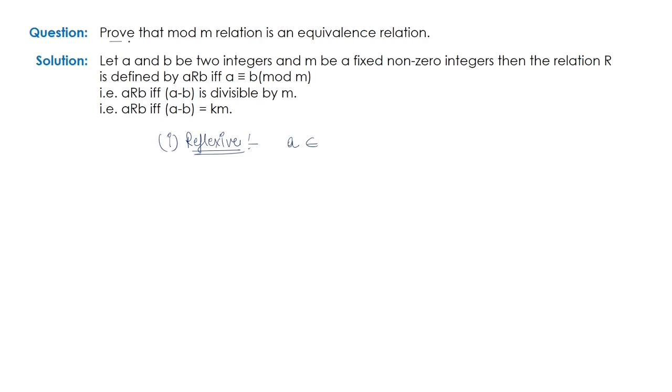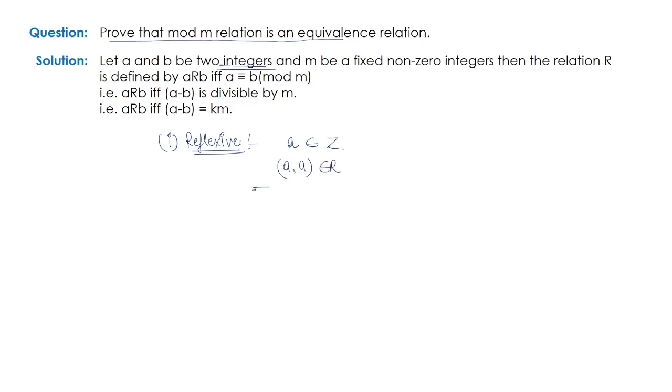In this statement there is no mention of what set is given and on what the relation is defined. So if we have this kind of case, we directly consider the set of integers here. So I consider an integer A belonging to the set of integers,